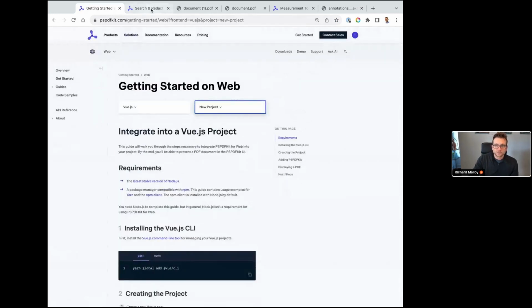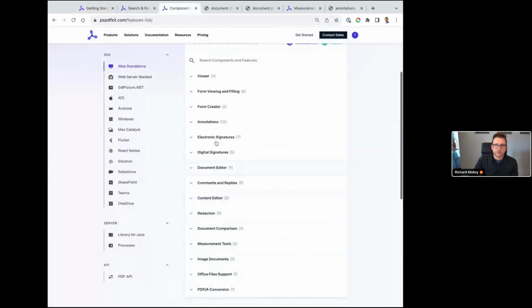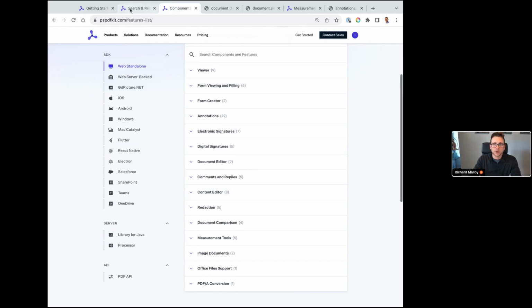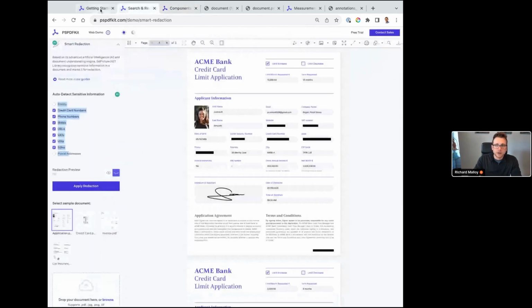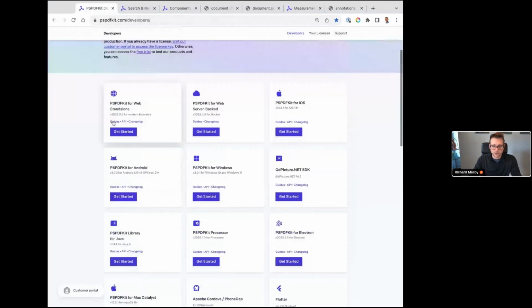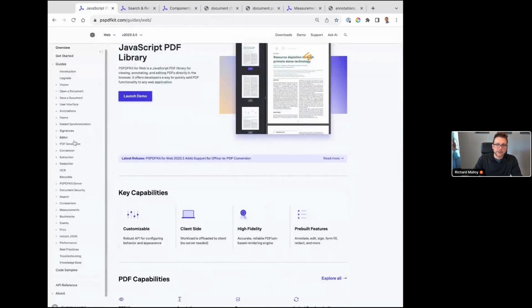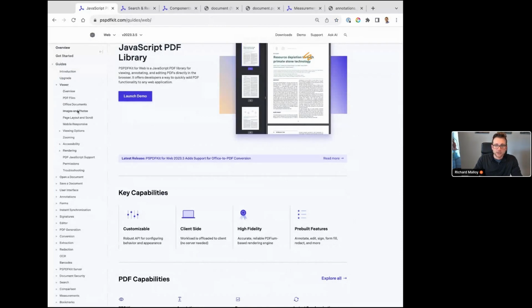What that will do is give you access to, again, this entire feature list. You'll get the SDK. It'll have everything included. There will be a watermark on each PDF that does get removed after you purchase a commercial license key from us, but you'll have access to everything here. So you're able to trial that. They'll be watermarked during your trial. We have extensive documentation. We don't gatekeep any of our documentation, so you can come in here and look. Maybe you saw something today that you really enjoyed